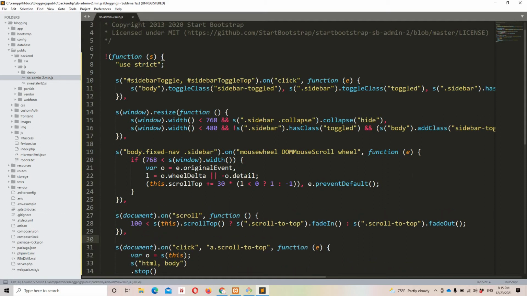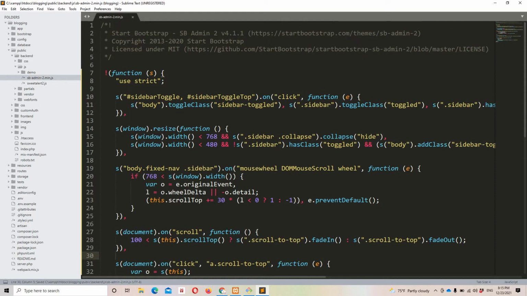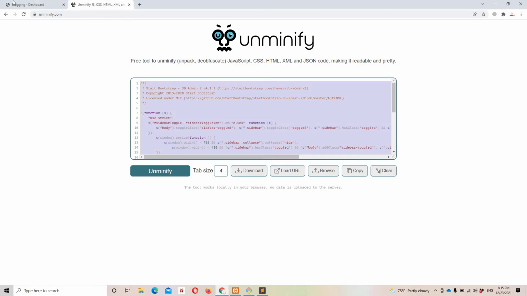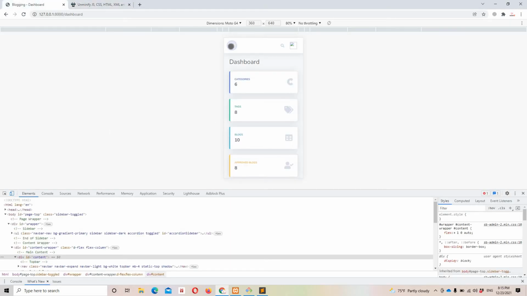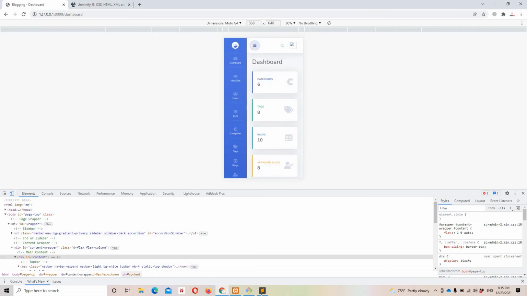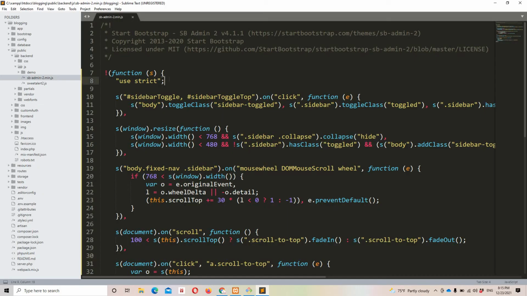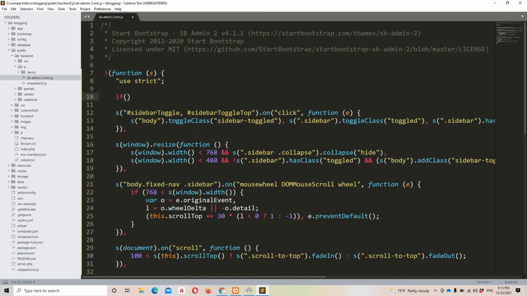Okay, so now, since we need to implement or work on the toggle classes right here, let's start. For that, let's put a condition first of all. Guys, I know this because I have used this exact same theme in multiple projects, so I know that this is going to work. All we need to do is shuffle the classes, or let's say just toggle the classes, that's it. So yeah, in this case, let's say if